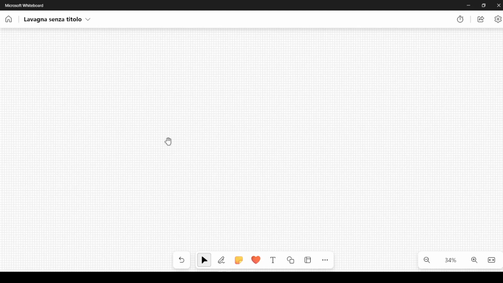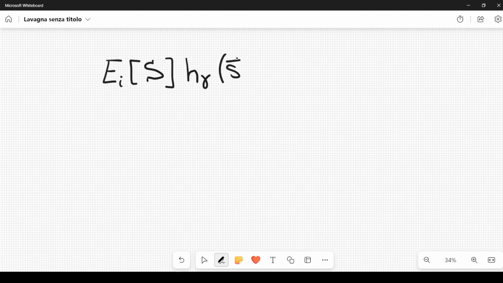Let me start from where we arrived at last time. In particular, a result that we obtained is the following. So the operator E_I of S, where S represents a certain surface. Now, I will remind you what this surface is. This operator E_I that we call E_I is acting on H_γ of S overlined, S underlined, and this